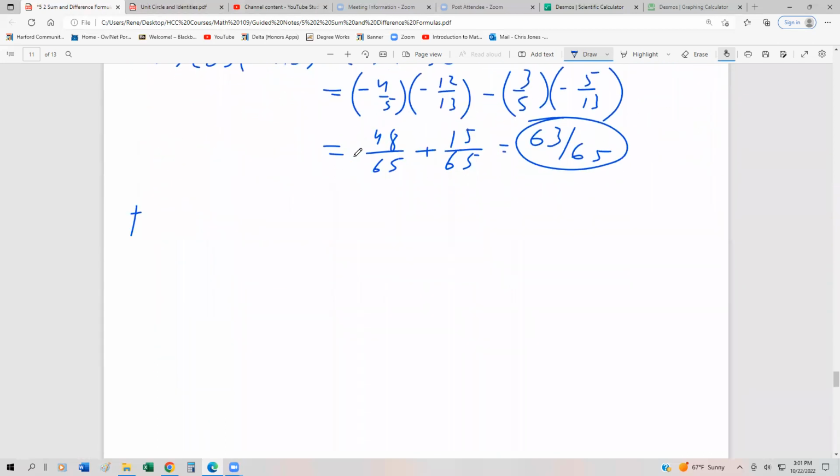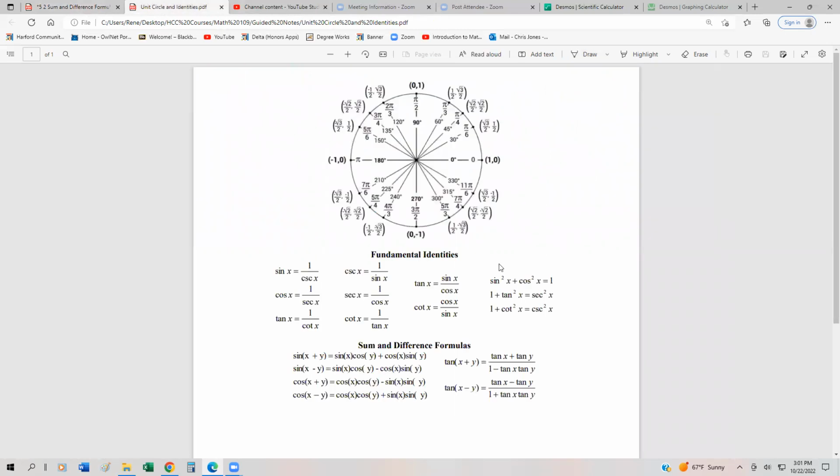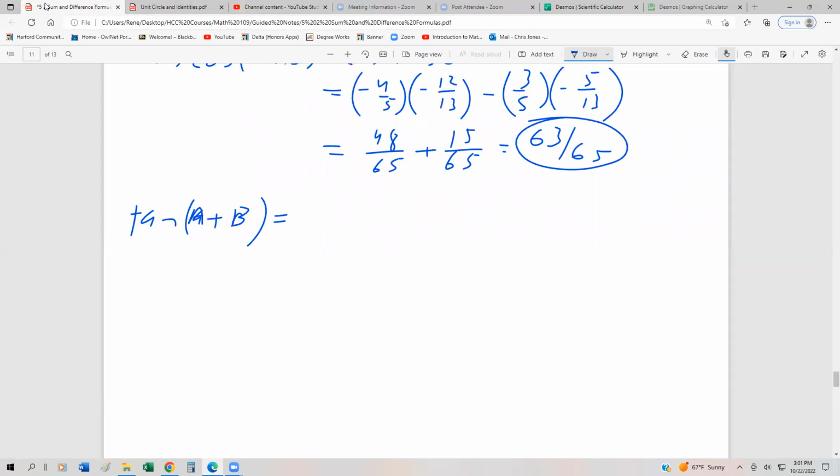Okay, so this should be a capital A. All right, so we go into our formula sheet, and we have tangent of x plus y is tan x plus tan y over 1 minus tan x tan y. Okay, so that's going to be tan of A plus tan of B divided by 1 minus tan A tan